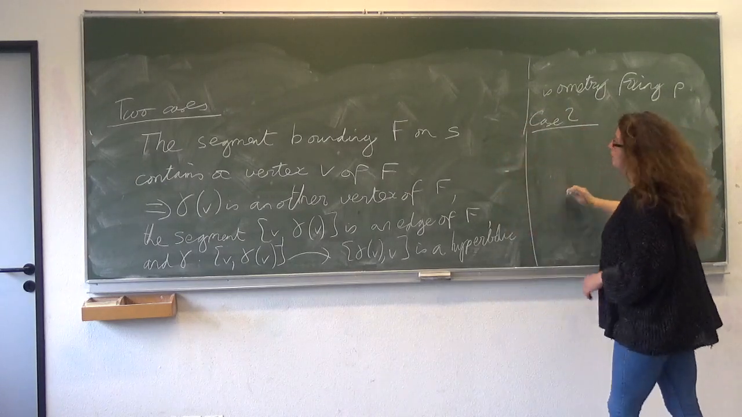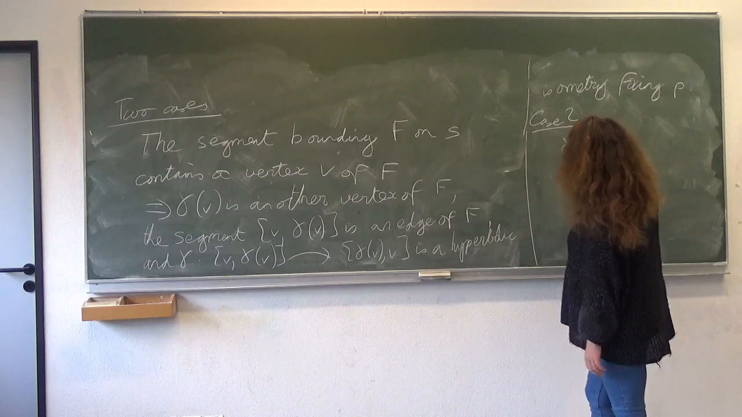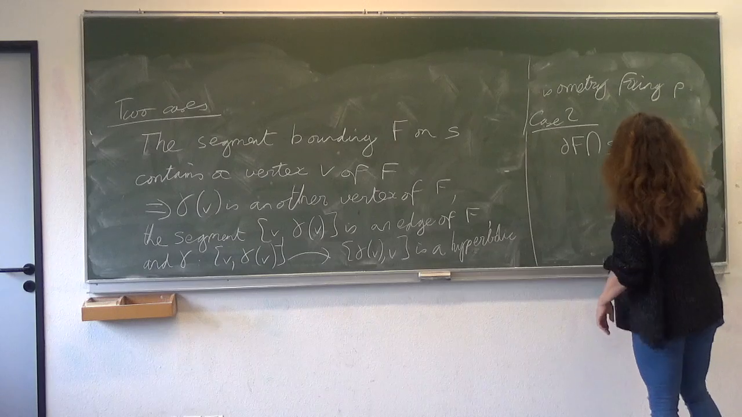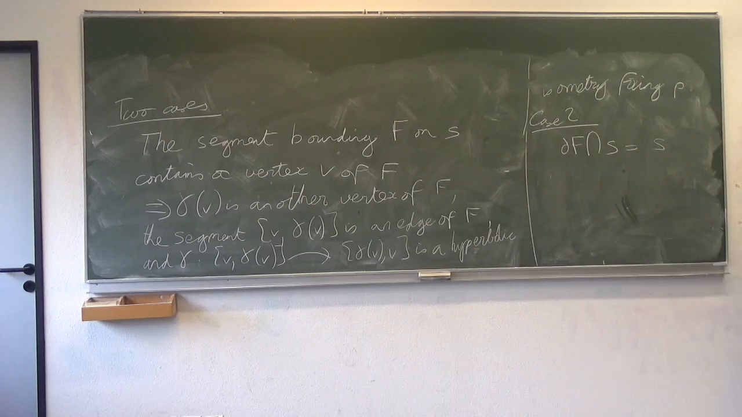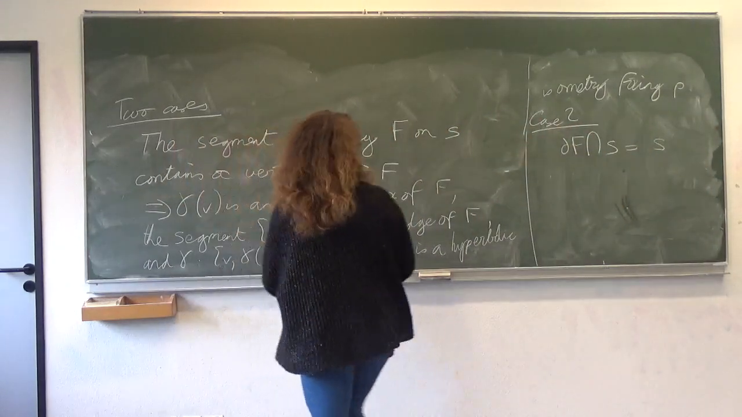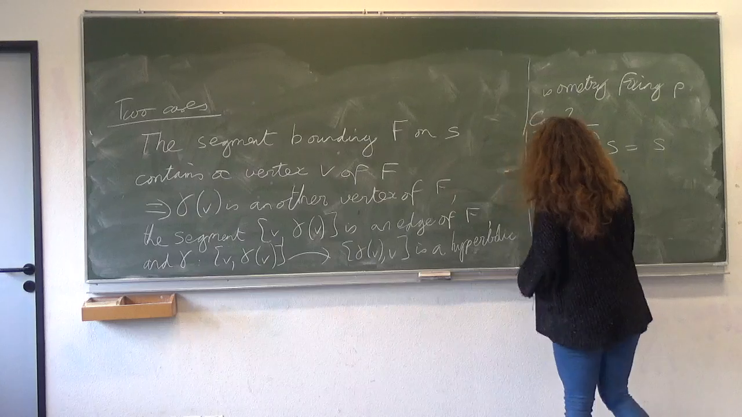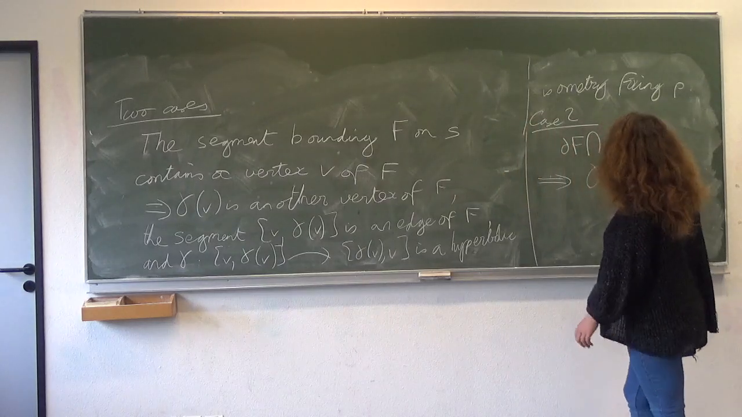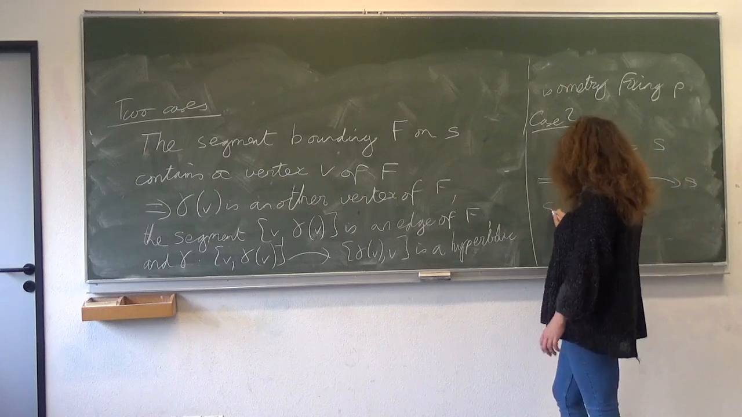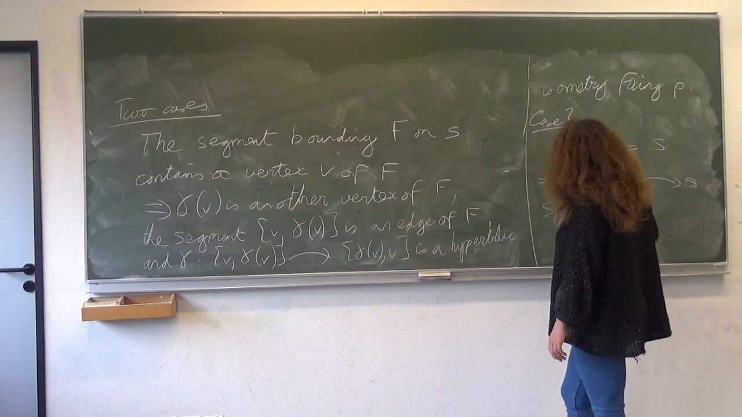And the second case is the one where delta F intersected with S has no vertex and is therefore equal to S. And gamma going from S to X is a symmetry fixing